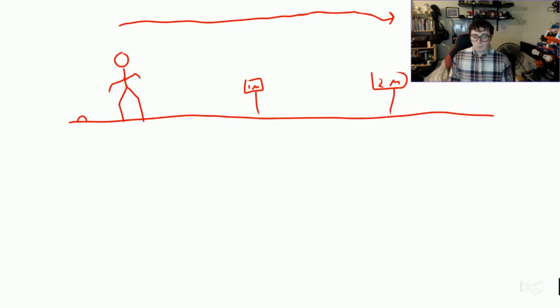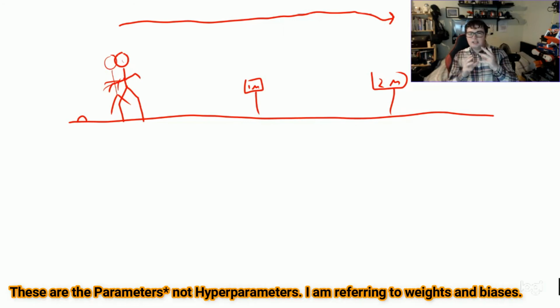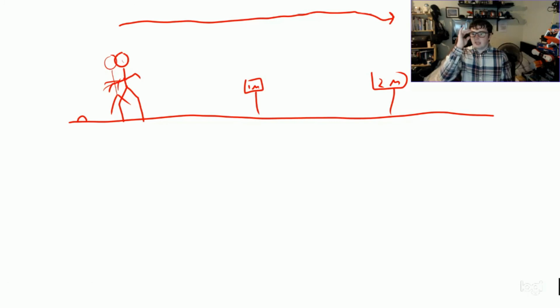The further it went, the better. And one way this kind of worked behind the scenes, but there was actually loads of these things. There was another one, and there was another one. Every single one of them, the hyperparameters would be slightly changed by a small range randomly. Maybe you might have a batch size of 150 of these little robot stick figures. Some might fall over here, some might fall over here.